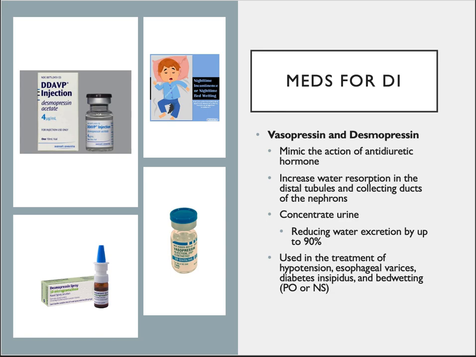So the other thing that these are used for, because vasopressin is also a potent vasoconstrictor, if somebody has severe hypotension, such as in the event of a code situation, we can give IV vasopressin, and that will increase their blood pressure. It also will vasoconstrict esophageal varices. Remember, those are the engorged veins in your esophagus that come when you have liver failure and portal hypertension. Well, the use of vasopressin constricts those, and then they're less likely to rupture.